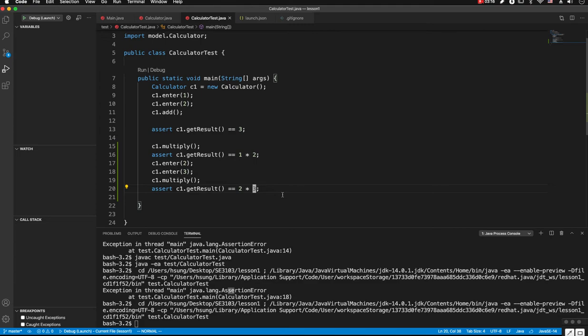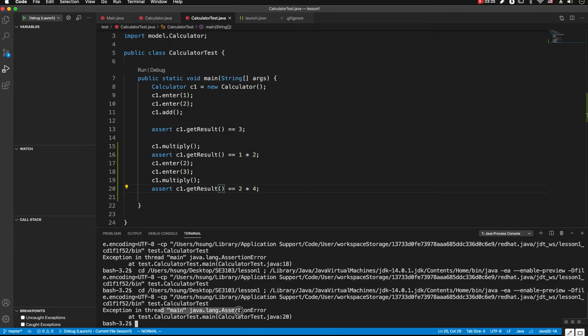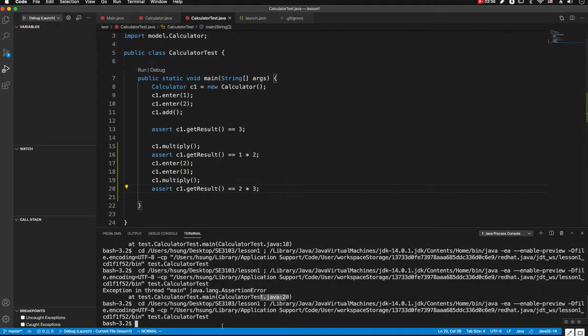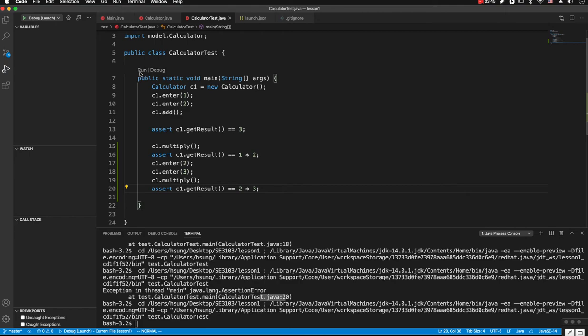So if I give an intentionally wrong answer, then the assert will fail. Now if I run it, here the assertion failed. CalculatorTest.java line 20 is in error because it's supposed to be 2 times 3. Now as I run it, the assertion is successfully done. So by configuring launch.json from the main method, you can click on the button